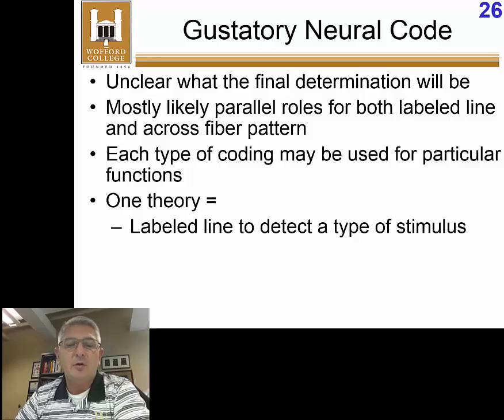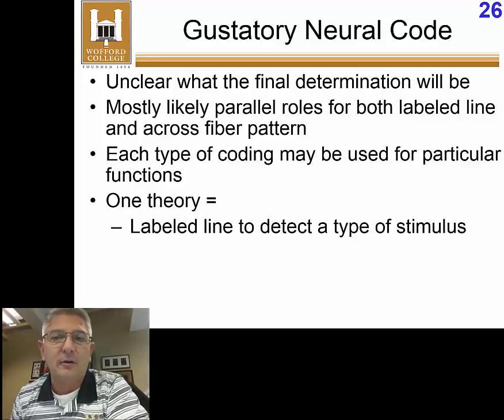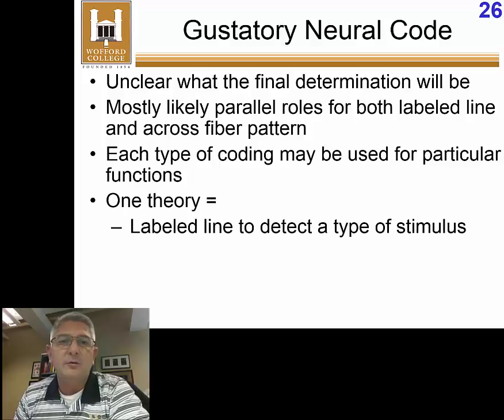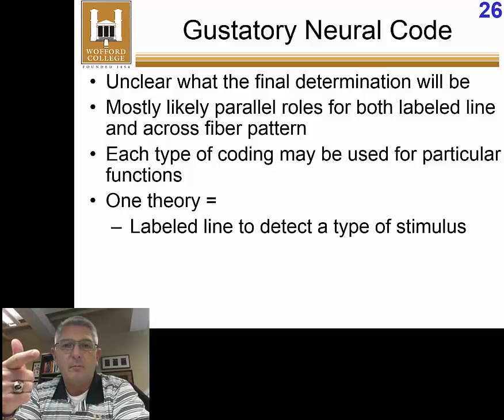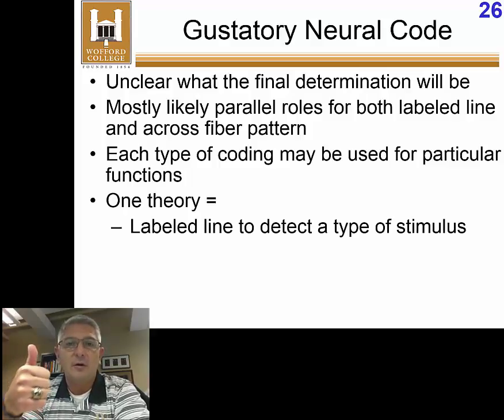So one theory is that labeled line is important if you simply want to detect a particular stimulus. So what are the two taste stimuli that use labeled line? Sweet and salt. And what's important about sweet and salt? Those are the two nutrients that we can't make in our body that we have to eat in order to stay alive. We can't make salt. We need salt for our electrolyte balance and for neural signaling. We can't make sugar. We need sugar for blood glucose levels. Very important to maybe have dedicated lines that tell us when we have found salt or sweet in a particular